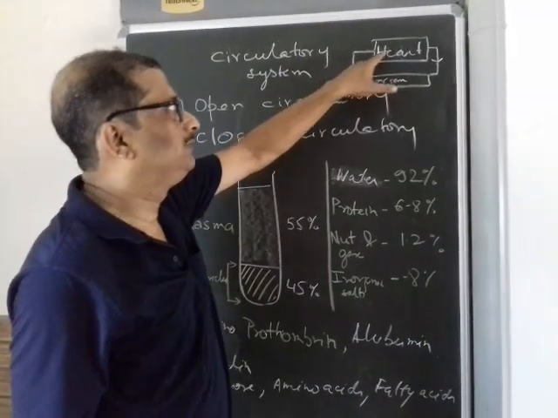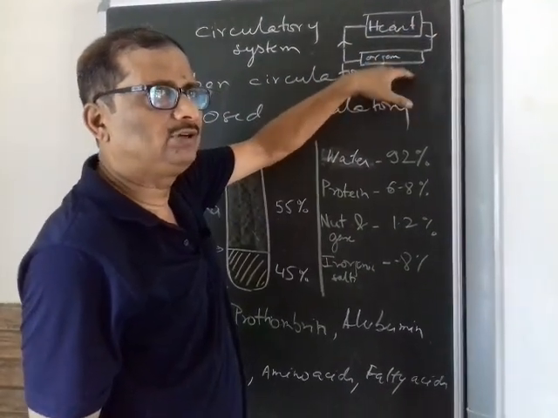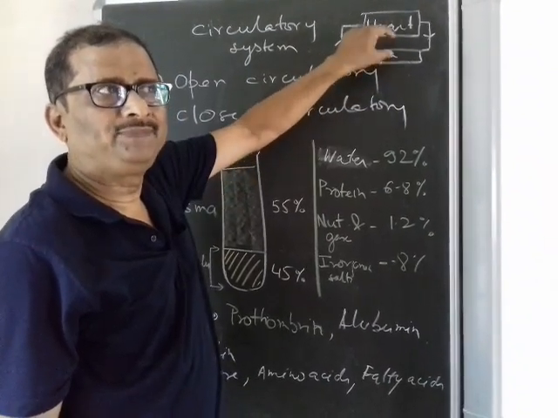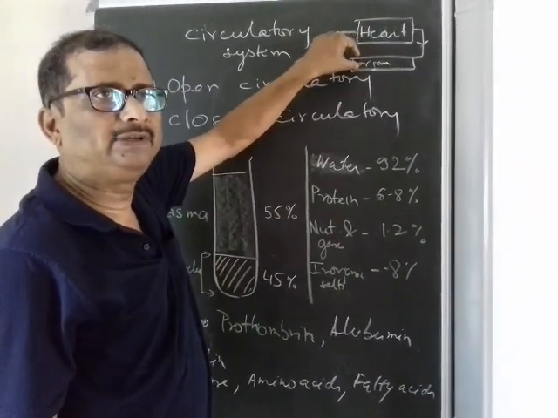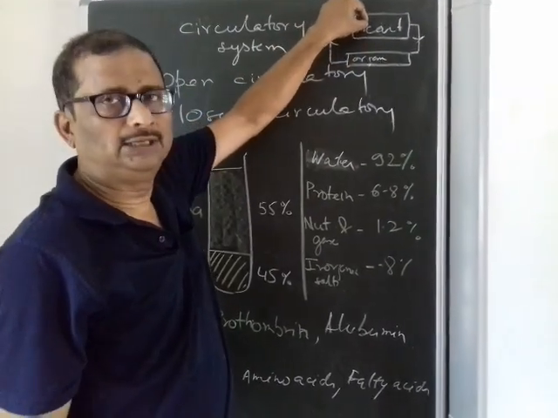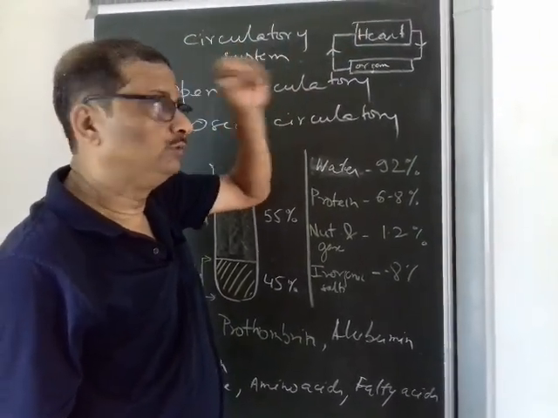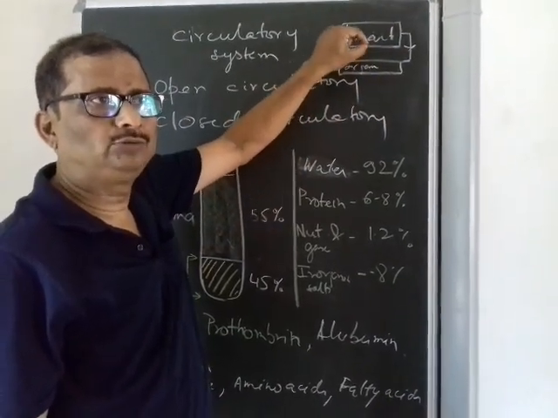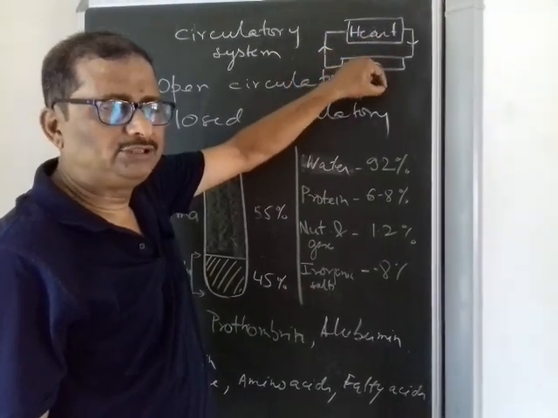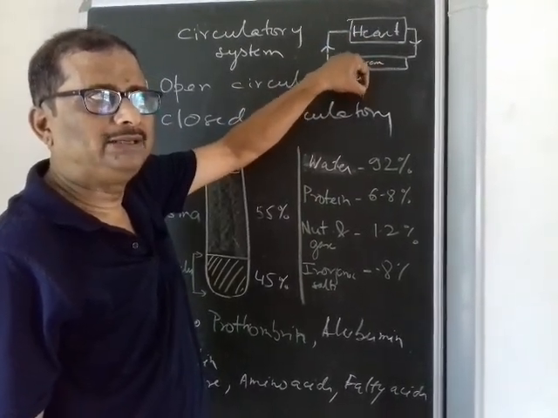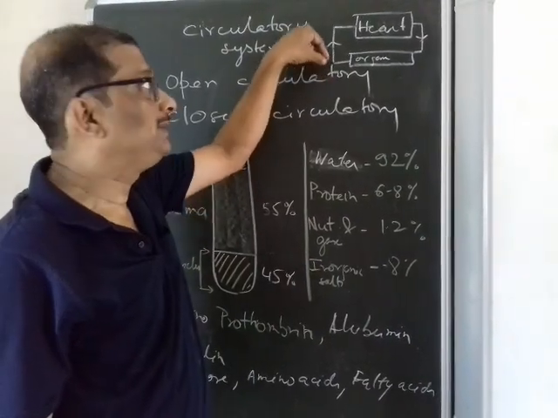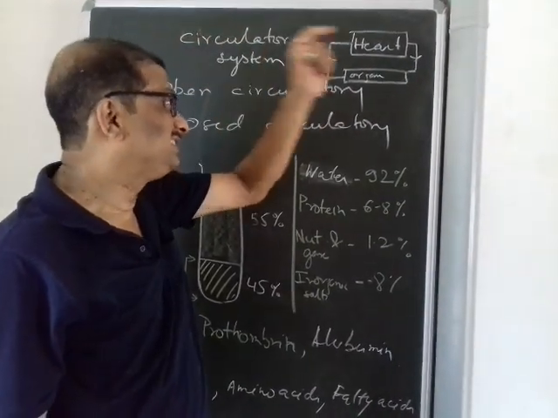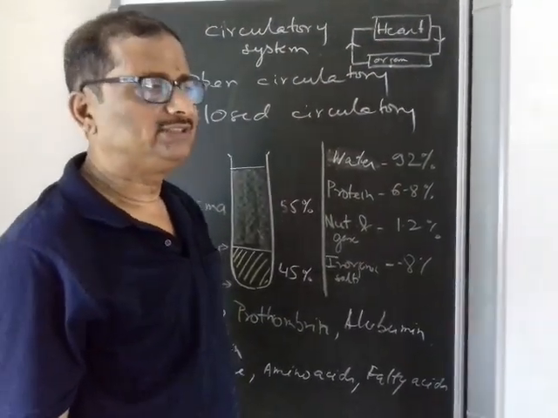Usually from the heart it is passed through the arteries to the organ, and in the organ it branches into capillaries. These capillaries again join to form venules, venules form veins, and it goes back to the heart. In this type of flow the blood never comes out of the blood vessels. It flows through arteries, branches into arterioles, then into capillaries, then venules, which join to form big veins and go back to the heart. So it is never coming out. In that case we say that this is a closed circulatory system.